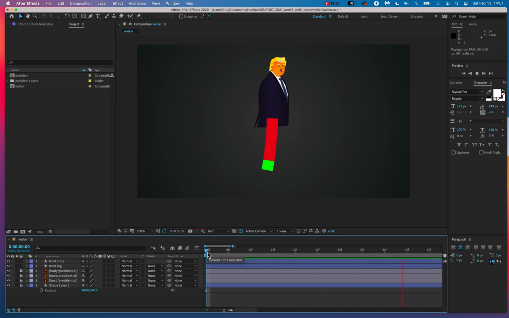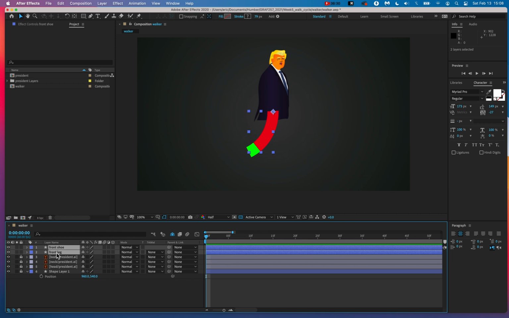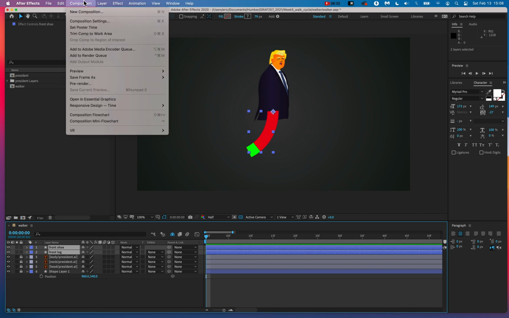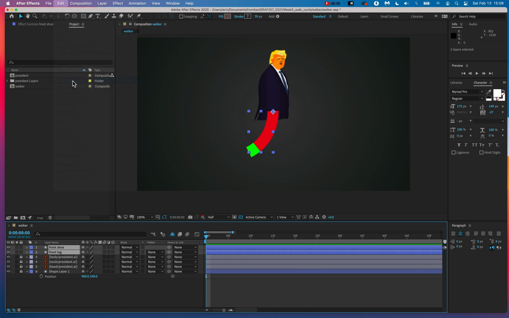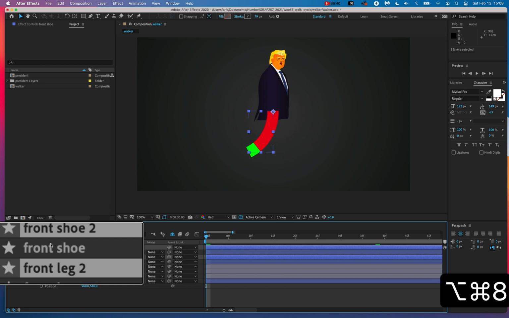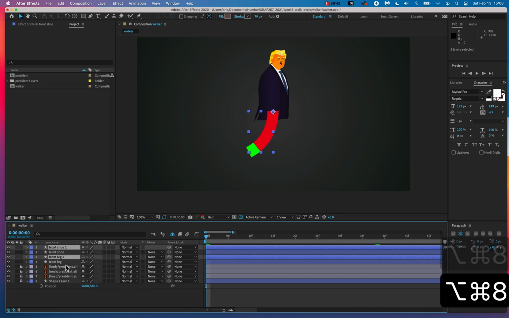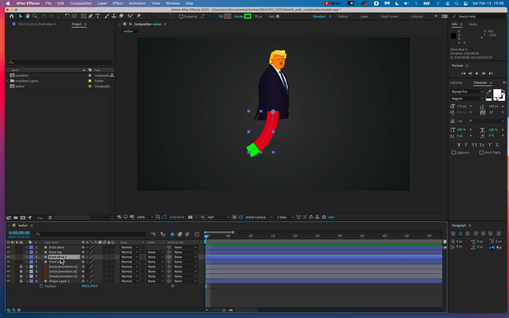Okay. Now we're gonna duplicate the front shoe and the front leg to create the back shoe and the back leg. So to do that, we're going to select both, selected front shoe and front leg. I'll go edit, duplicate. And you can see the way it's put them in is not really what I want. I want these to be behind the front legs. And I'm going to rename them